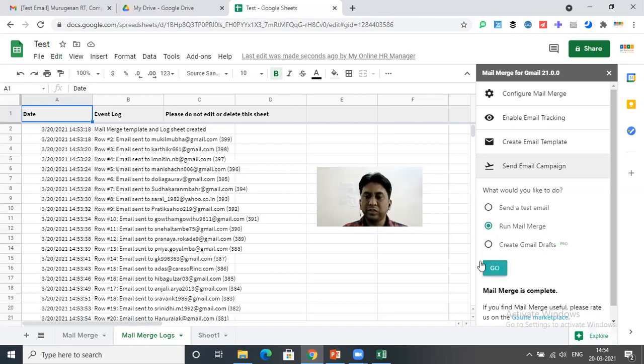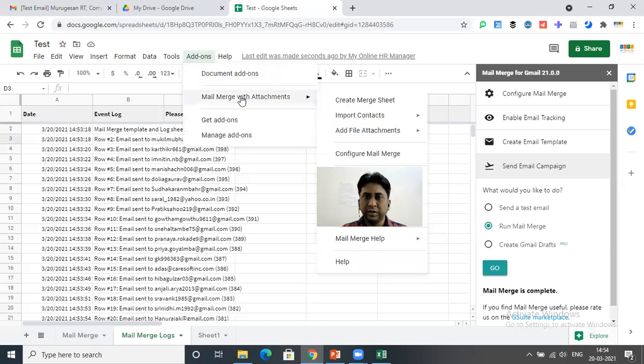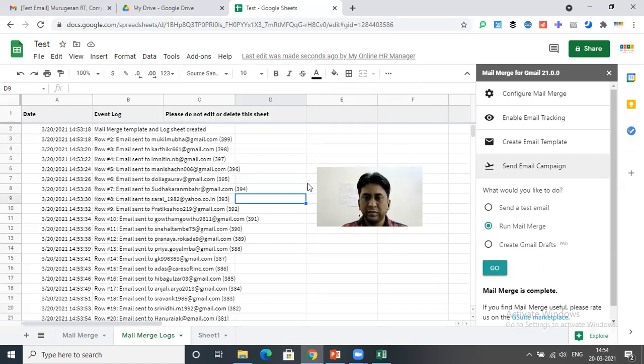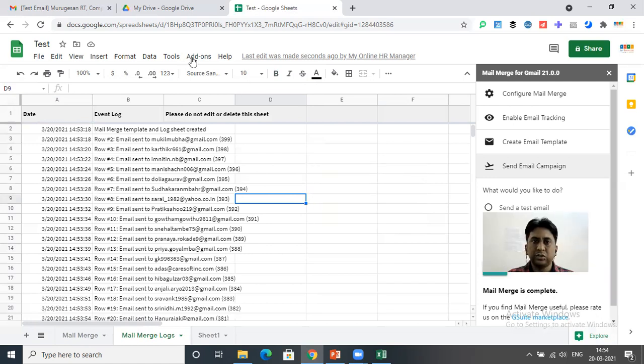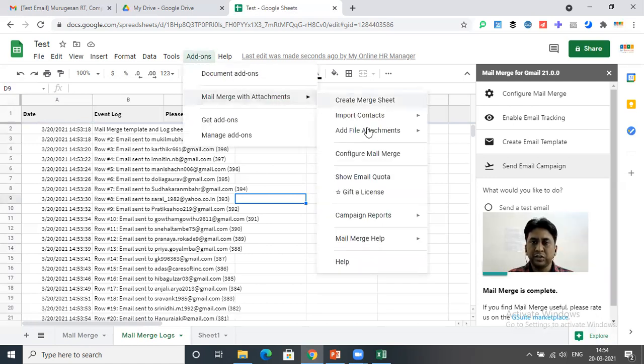So now we want to see how many people have clicked on our mail merge and on our email, how many have opened and how many have clicked on the links. So again, go to this add-ons, mail merge, go to this add-on mail merge and show campaign reports, open and click.